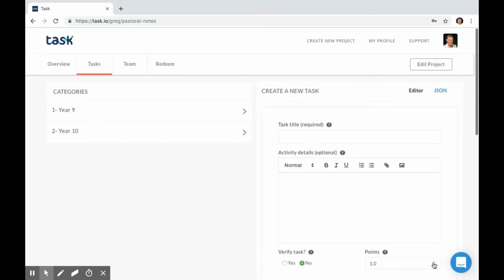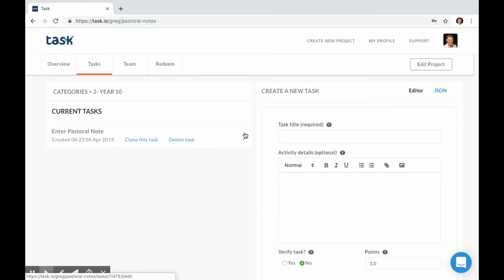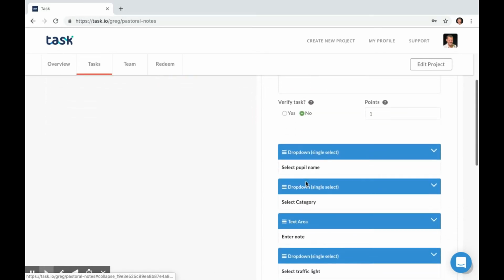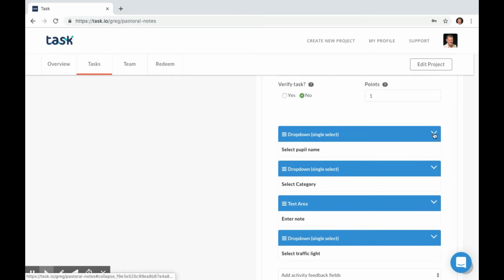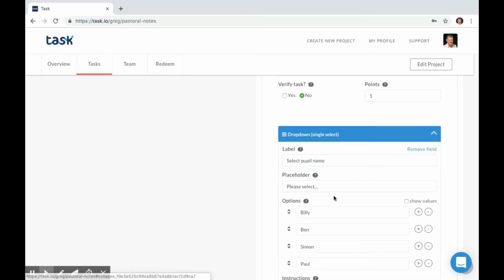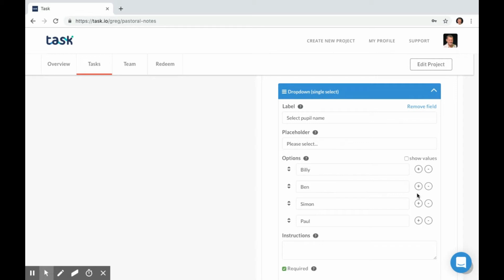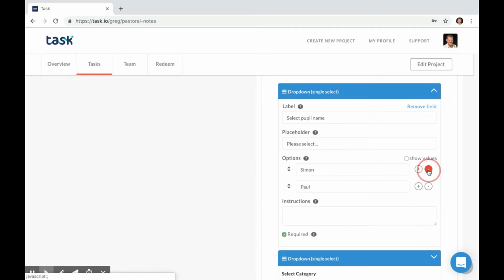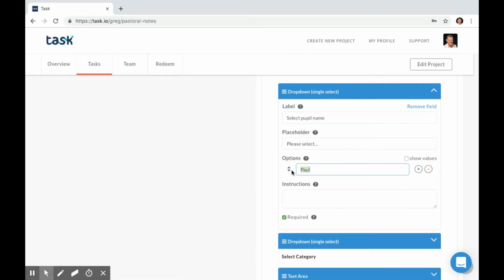If I add that task now, you'll see that I've got a new category, year 10. However, it's exactly the same task with the same names in. So the only job I need to do next is just go back into year 10, pastoral note, and go back and put the new names in for that year group. Okay, you can see I've got Billy, Ben, Simon, and Paul. So let's just take those away, and I'm going to put